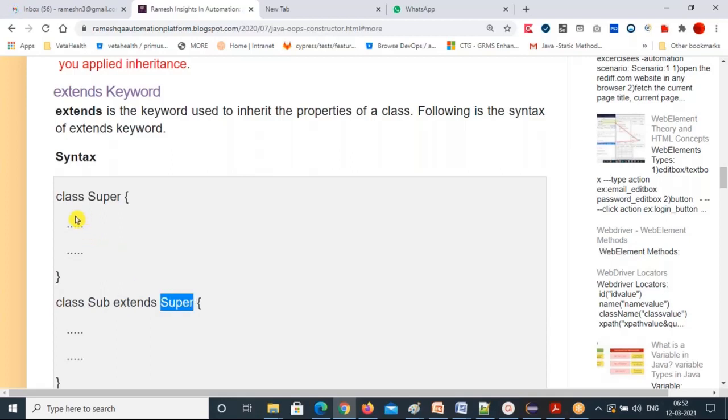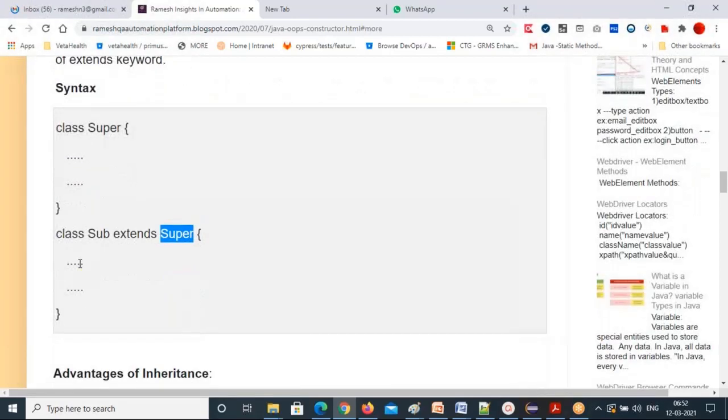So whatever methods and properties you declared in the superclass, you don't need to write again here. You can just call them. Then it is avoiding duplicate code, right? You're just calling them. That is called inheritance. Now the extends left side, whatever is there, that is called the child class. The extends right side, whatever is there, that is called parent class, superclass, or base class. This is the derived class, child class, or subclass. This keyword gives a privilege to the child class to use all the properties of the parent.